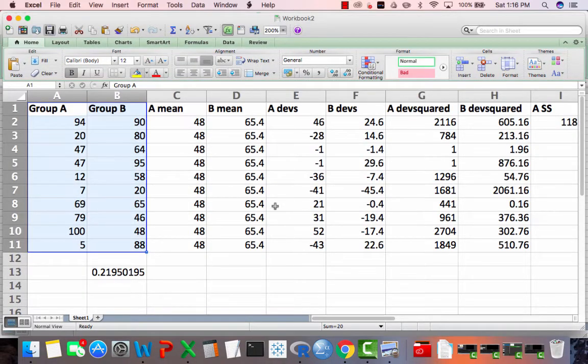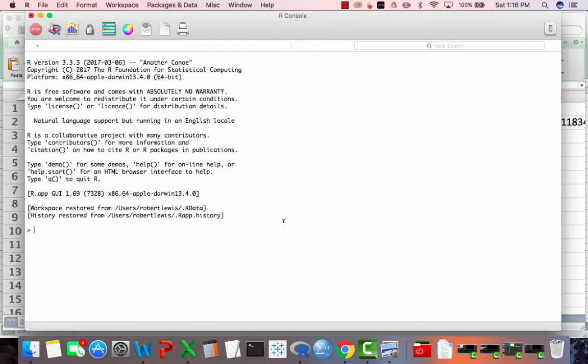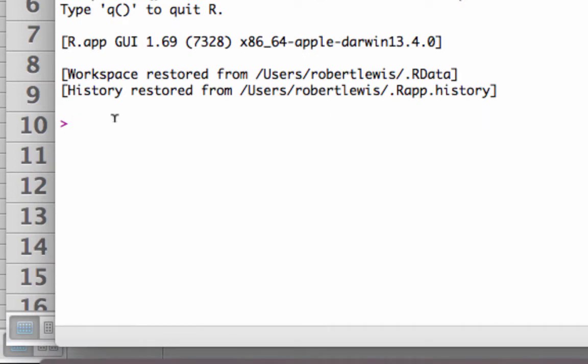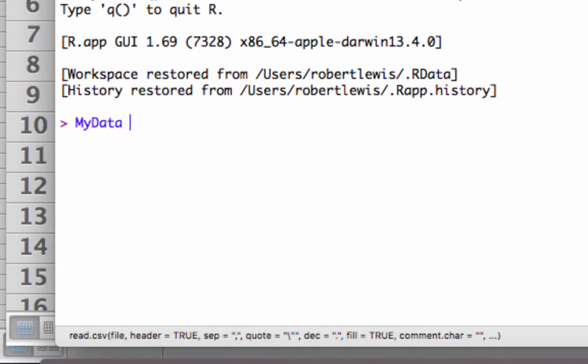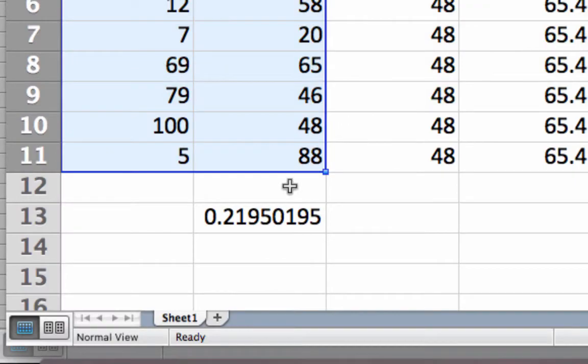So how do we load this file into R? Well, first we open R up, and we use a function. You can see my cursor is blinking down here. I have to type in read.csv, and then this little arrow thing. Excuse me, I did that wrong. We're going to name a variable. We're going to call it my data, and this is going to be the name of something where we're putting our data, and with that little arrow we're going to assign a set of values to my data. We're going to say read.csv, and in parentheses within quotation marks,